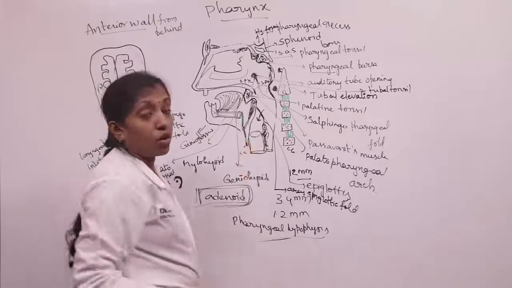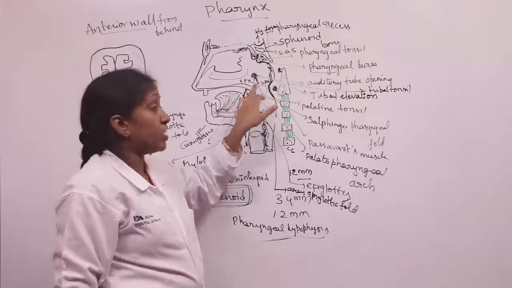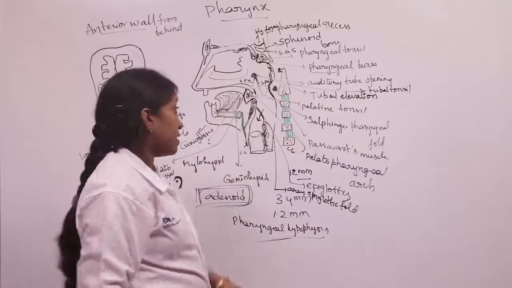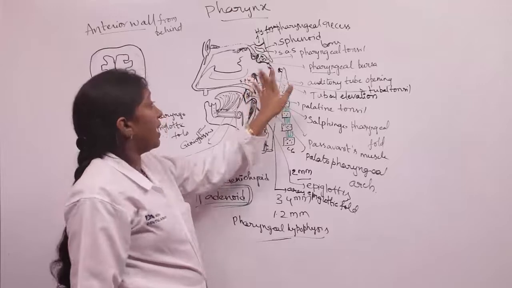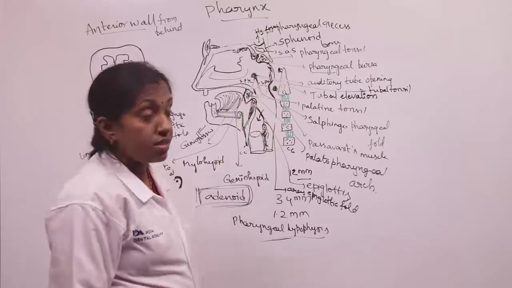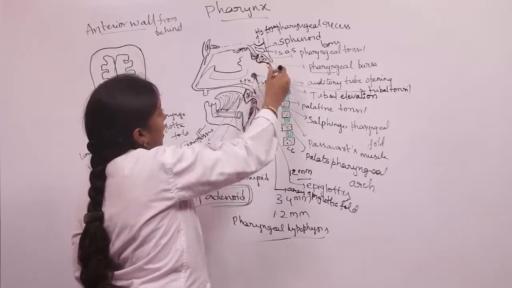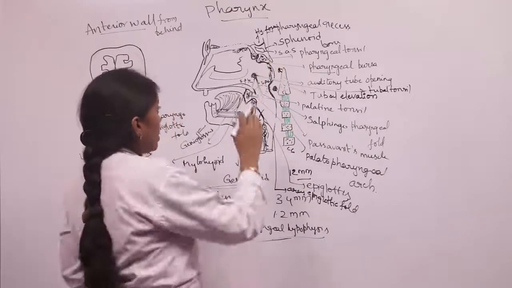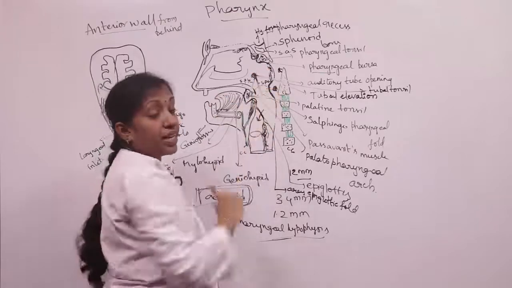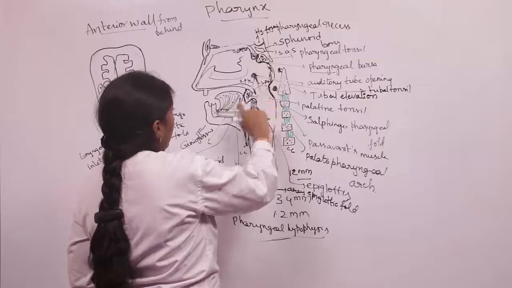And here, from the tubal tonsil, from the tubal elevation, we can see two folds: the salpingopalatine fold and the salpingopharyngeal fold. Also, behind the salpingopharyngeal fold, we can see a mucous depression called the pharyngeal recess. Sometimes the nasopharyngeal tonsil extends into the pharyngeal recess. That's about the nasopharynx. And also the nasopharynx communicates with the oropharynx through the pharyngeal